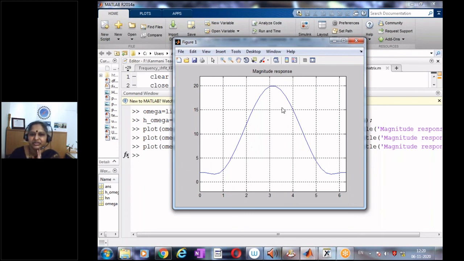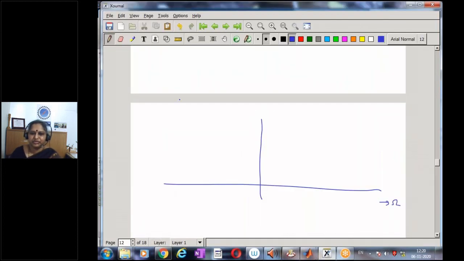How is the response now? In the interval 0 to 2 pi, we have lower magnitude around 0 and 2 pi and higher magnitude around pi. So now this has transformed into a high pass filter. If I were to sketch the frequency response, say this is minus pi, this is pi and this is 2 pi, we have a maximum around pi and it reduces. So immediately we conclude that this is a high pass filter. This is the magnitude of H of omega.